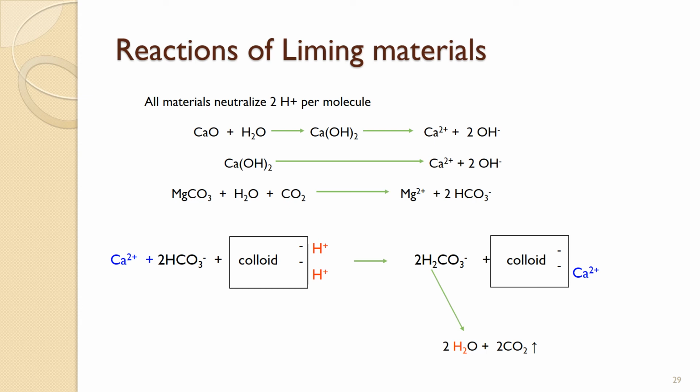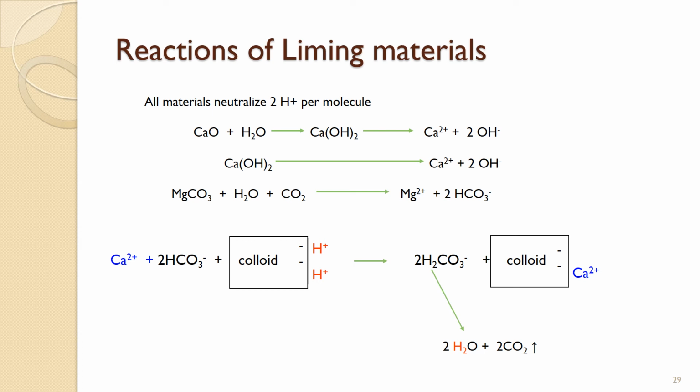All right, so reactions of liming materials. Ultimately, all the materials neutralize 2 protons per molecule of liming agent. So we add some calcium oxide, it turns into calcium dihydroxide, and that breaks down into hydroxide and a calcium molecule, or magnesium carbonate added with water and carbon dioxide breaks down into bicarbonate, magnesium,